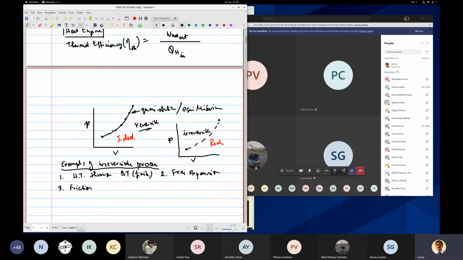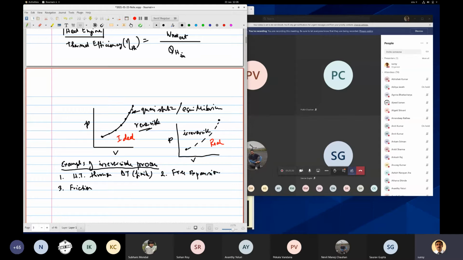So I have already told you about this reversible process, right? Reversible process, where this is an ideal thing, and every state that it goes through, they're all equilibrium states, quasi-static. So it goes from one state to another. This is a process which is